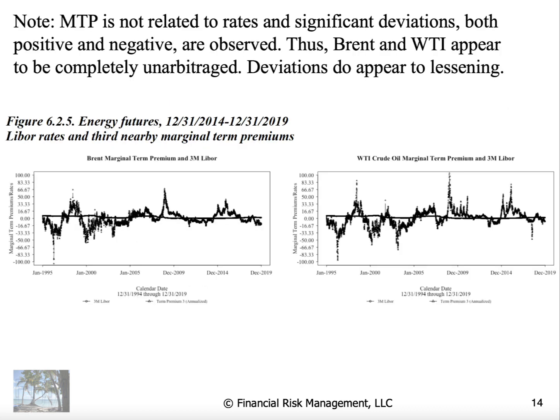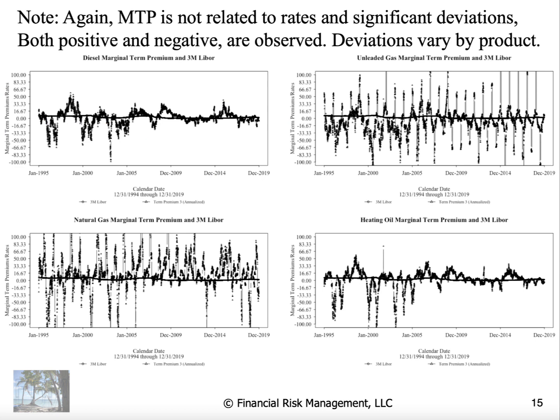And so if we look at the data, the first thing to realize is I've changed the axis to minus 100 to plus 100. Otherwise, I wouldn't capture most of the movements in the energy market. Brent and West Texas Intermediate exhibit both the arbitrage opportunities with reverse carry as well as with carry. So you get clear evidence that the market is not fully arbitraged, and so the carry arbitrage model should be replaced with something else.